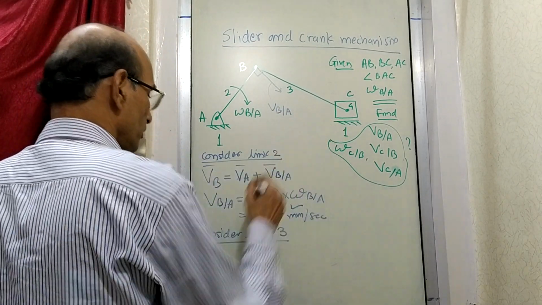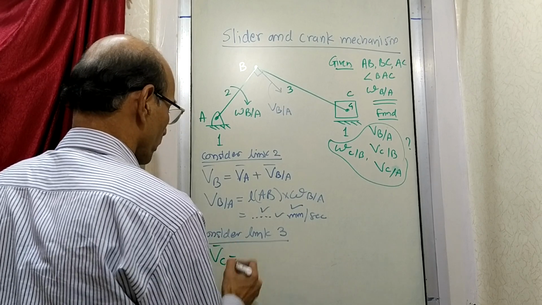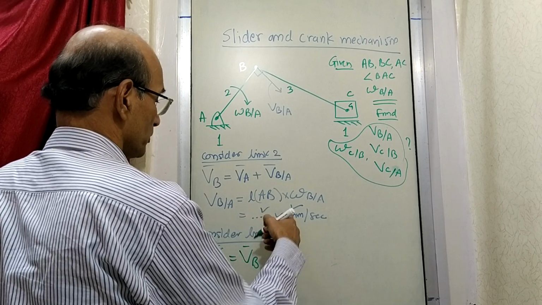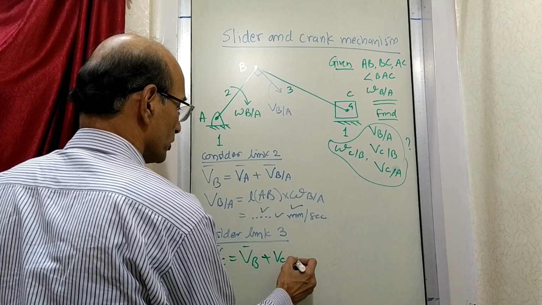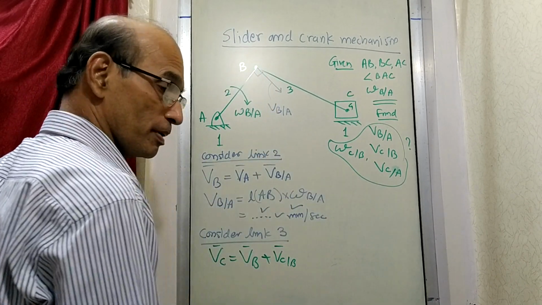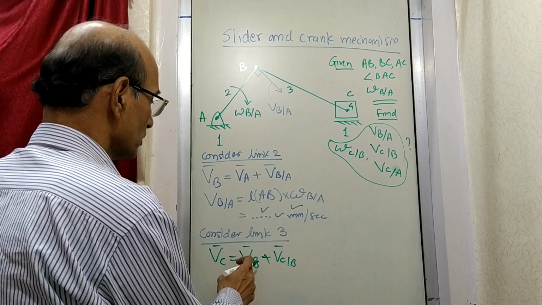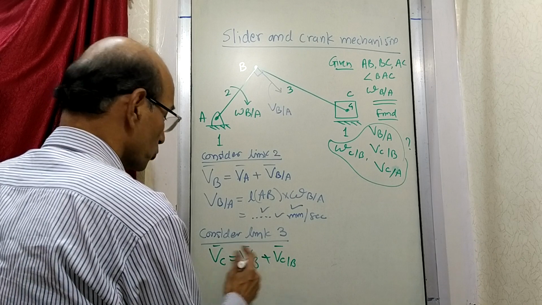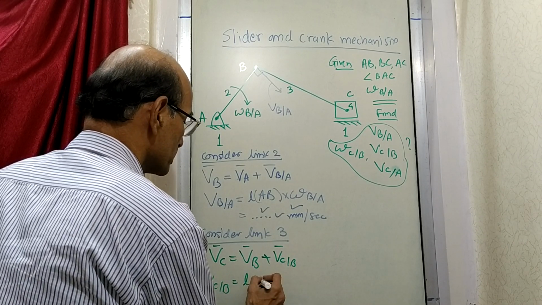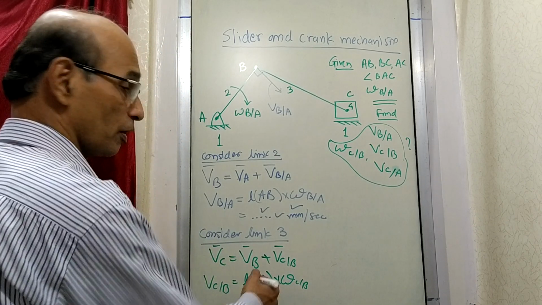Now what do we say about link 3? Velocity of any point on a link which you want to find out, C. Velocity of C you want to find out, equal to velocity of B which you know. This is velocity of B plus velocity of C with respect to B. So the basic equation we have written. Then what next? In this equation, velocity of B is already known. And about this what you can write? Velocity of C with respect to B is equal to length CB into angular velocity of C with respect to B, r into omega.